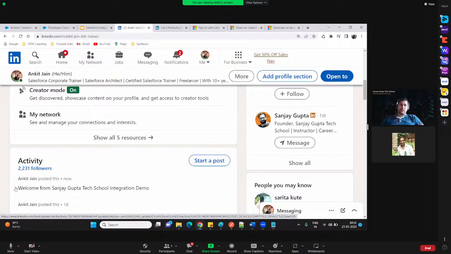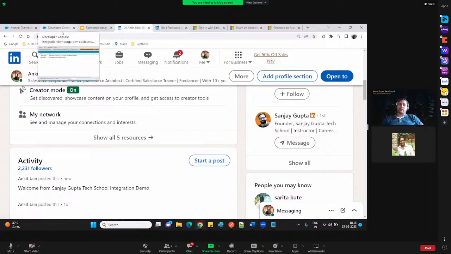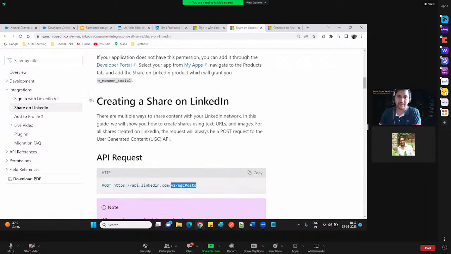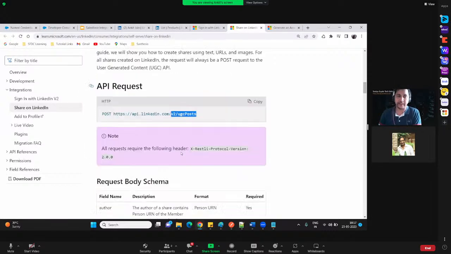I hope this demo, the integration that we have done from Salesforce to LinkedIn, will help you to clear your concept of how to make the callouts, how to follow the documentation and perform the integration. Again, I am repeating, each integration is kind of a unique experience. Before you perform the integration, spend some time to understand the documentation of the integration. First, understand how they are doing the authentication, what are the different scopes that you need, what is the endpoint, what are the different headers that you have to set, and post that only start writing your code.